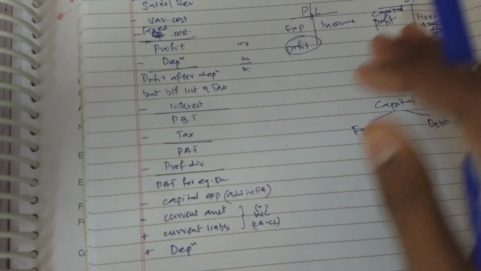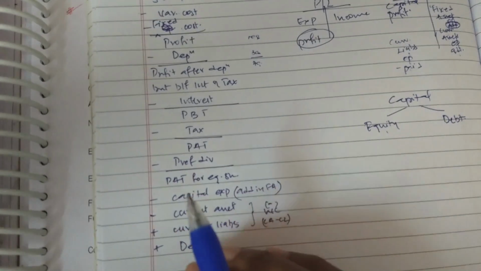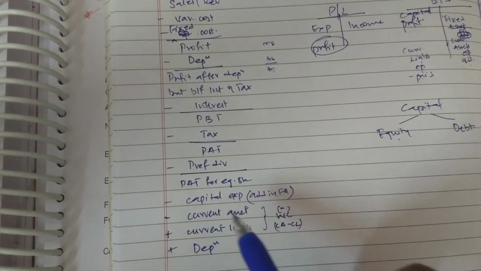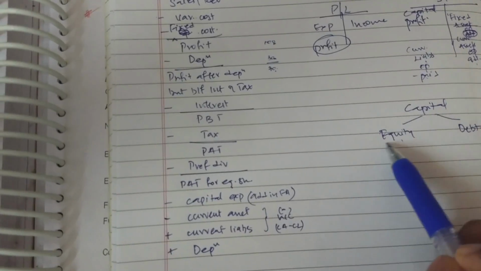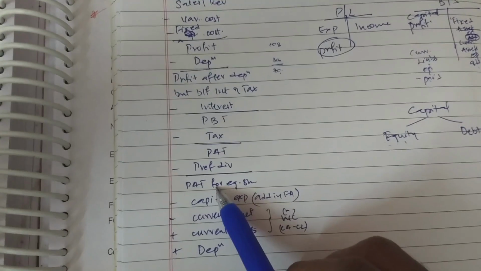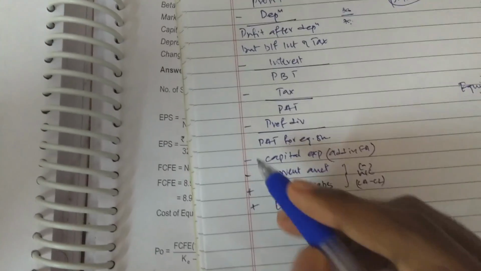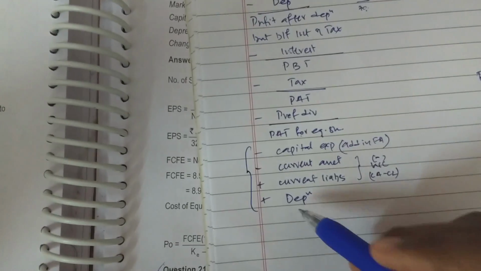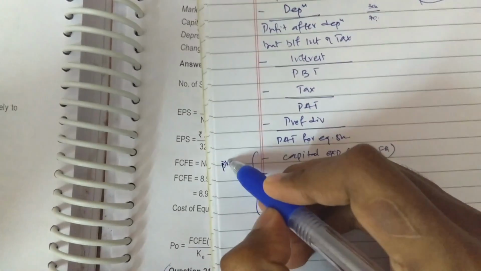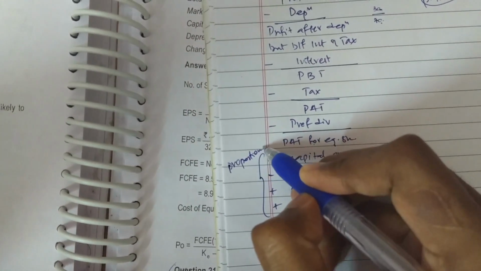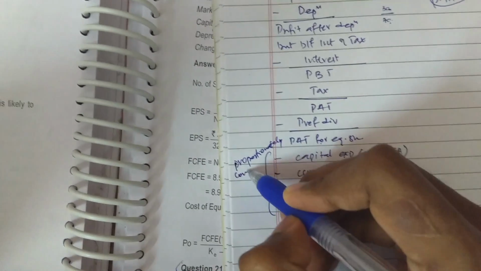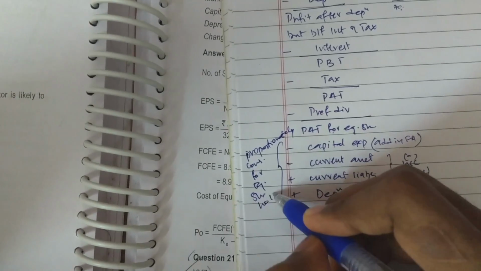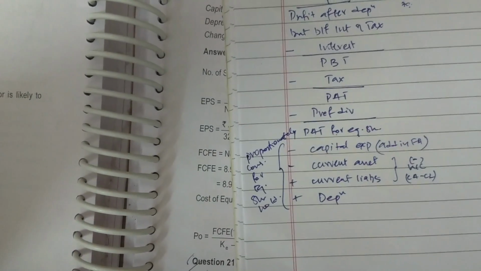Instead of reducing the whole assets over here, it is highly logical to reduce proportionately the capital expenditure and the working capital, to the extent of equity, from the profit after tax for equity shareholders. So all three, that is capital expenditure, working capital and depreciation, should be proportionately considered for equity shareholders and not for debt. Debt should not be considered over here, it is for proportionately.